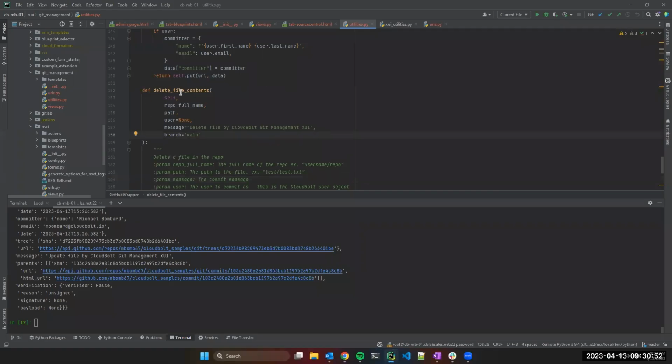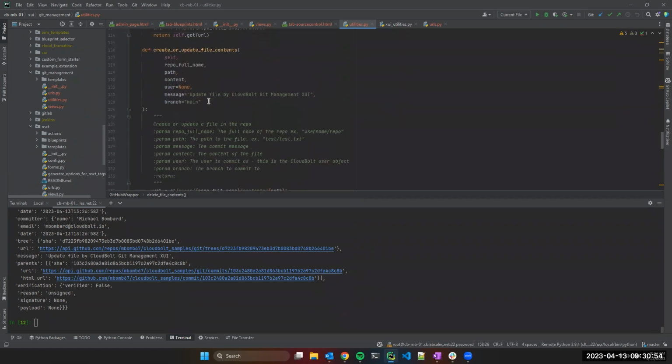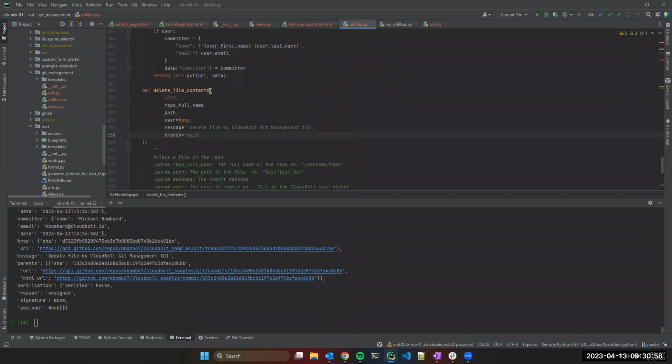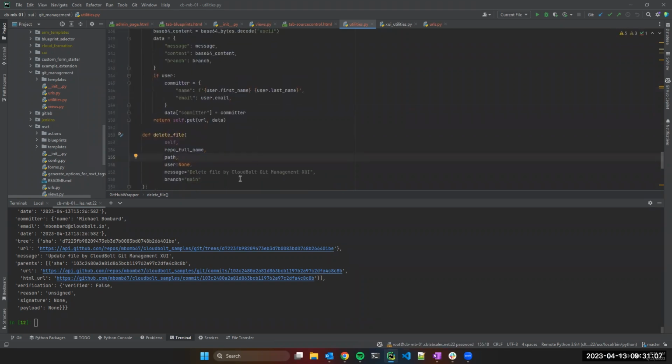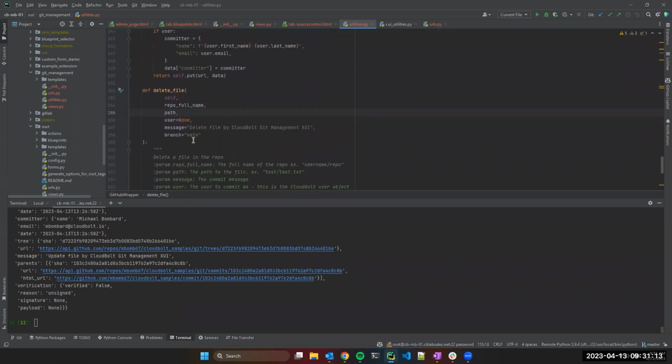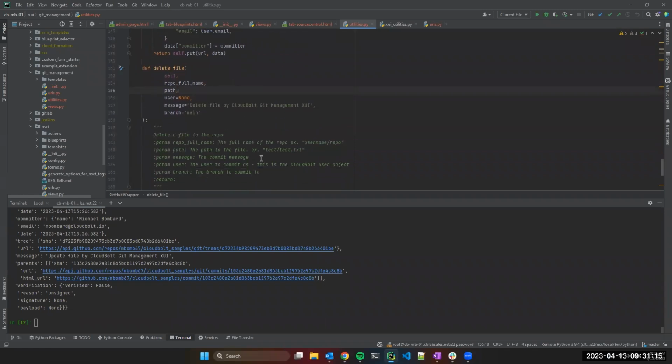probably almost identical. So instead of delete file contents, whether create or update file contents, delete file contents, I think more accurately, this should be delete file, because it's going to delete the file that's specified. So delete file by CloudBolt Git Management GUI. I'm good with that. Let's see. Need all of this. I did get rid of the,